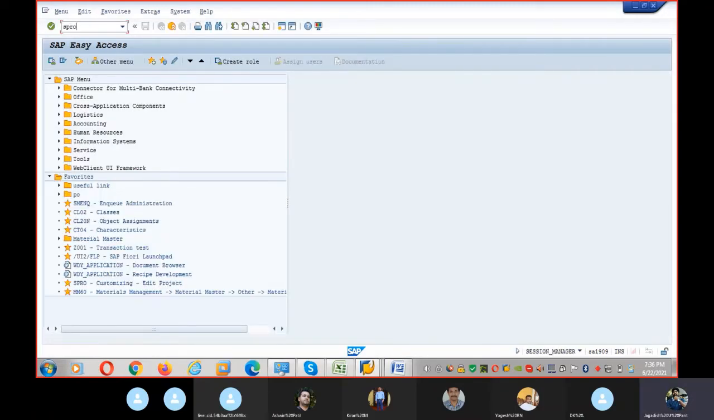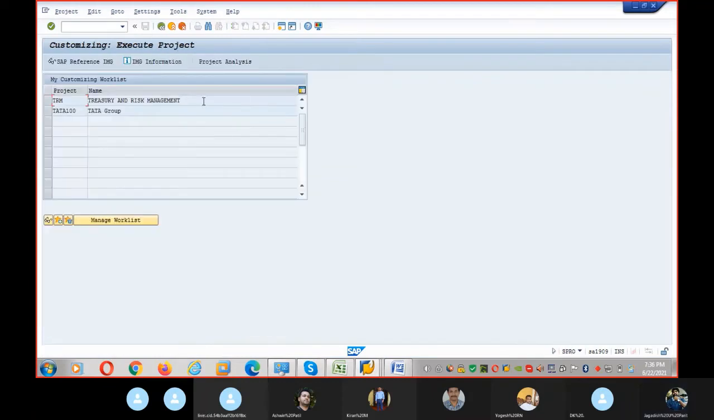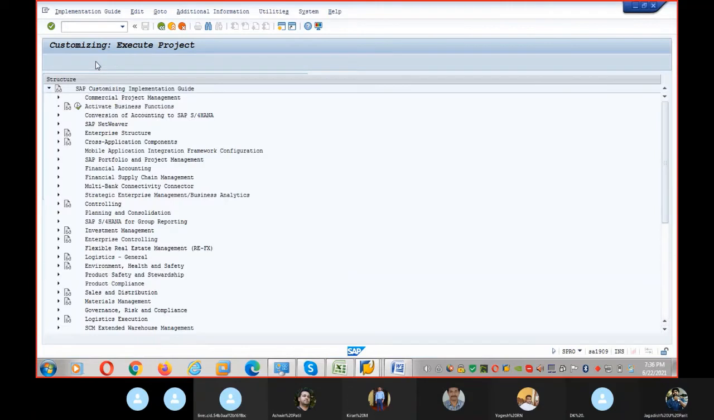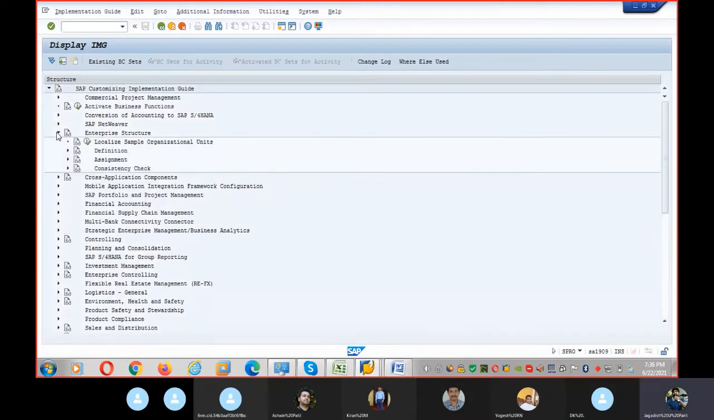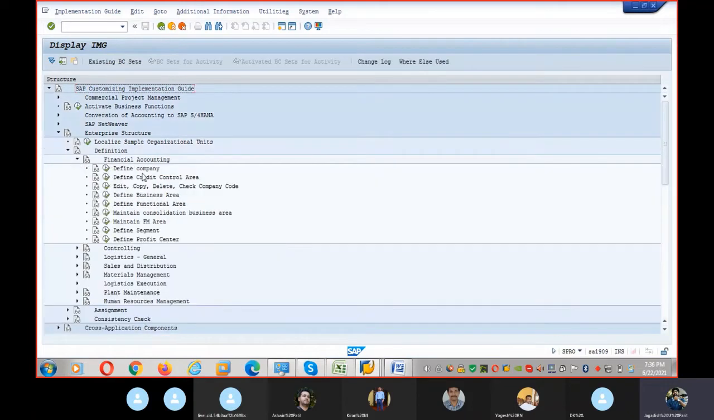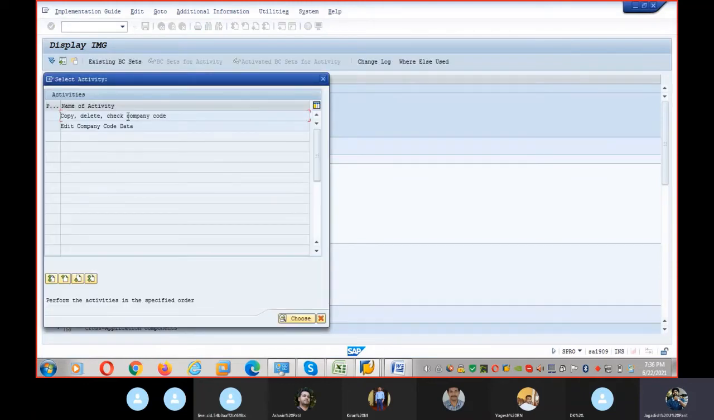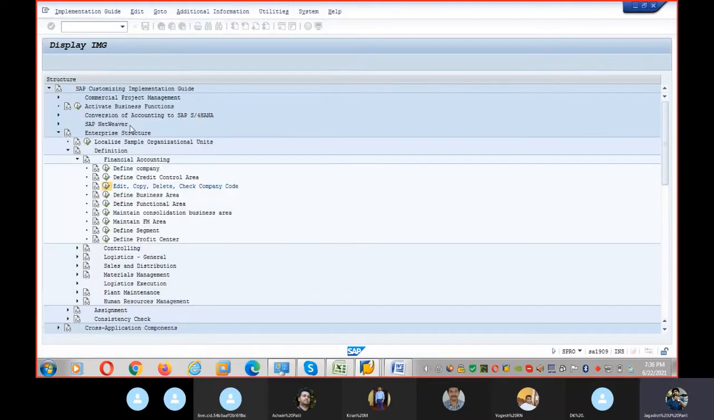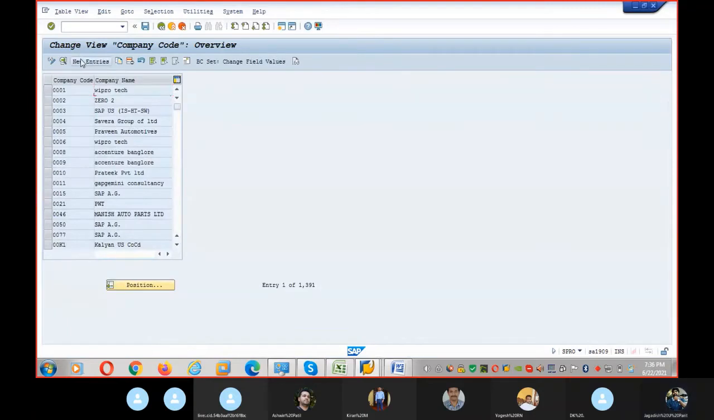So SPRO, SAP reference IMG. Enterprise structure, definition, financial accounting. For a company, you have to go with the first one. Now I am defining a company code. You have to click on edit company code for this company. So new entry,